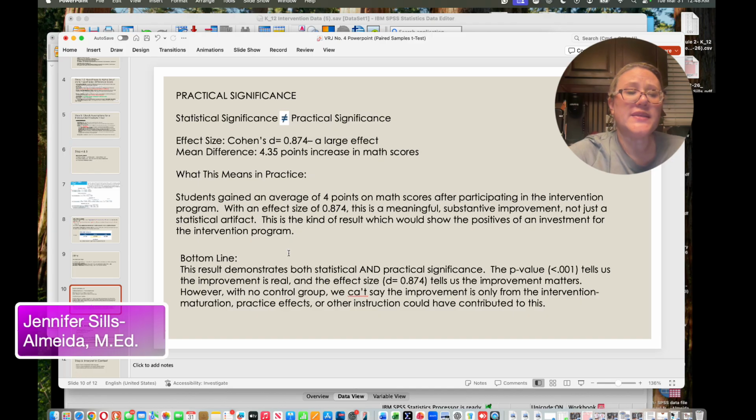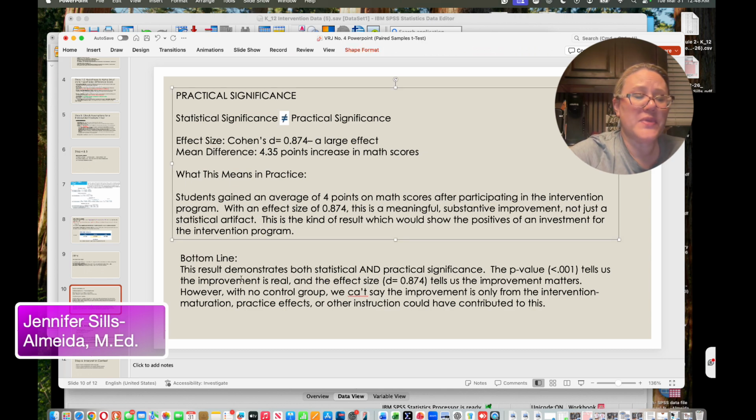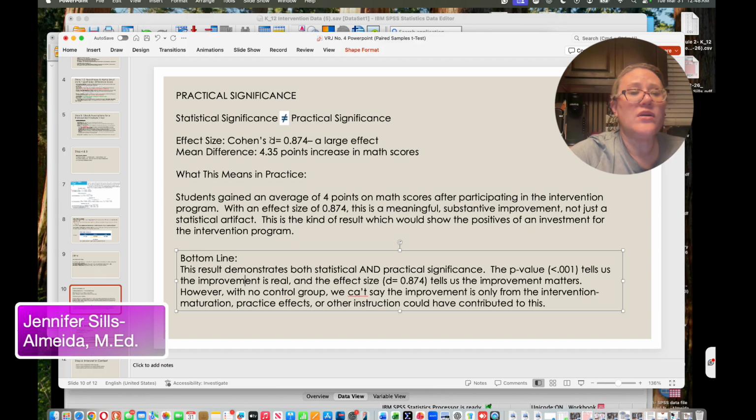So what this means is that if a school wanted to do this intervention, it would be a good investment. It had a strong, significant effect size for the Cohen's d. The practical significance is that it has both statistical and practical significance. The p-value less than 0.001 tells us the improvement is real, and the effect size of 0.874 tells us the